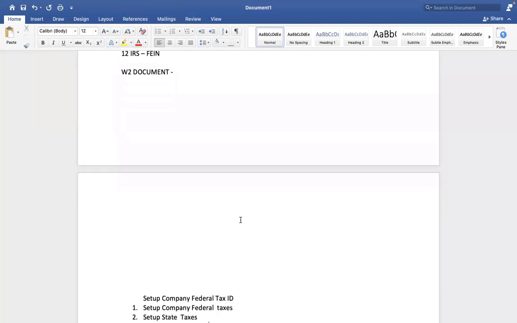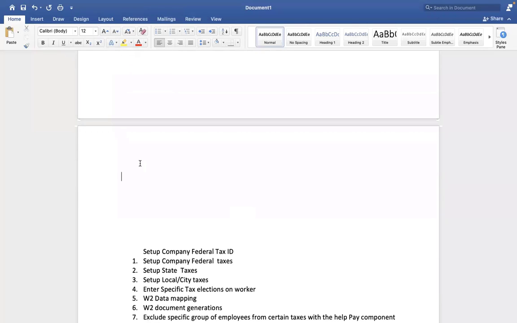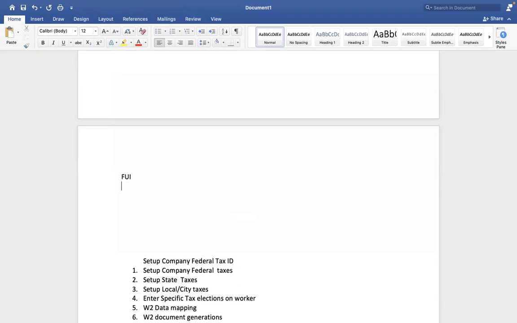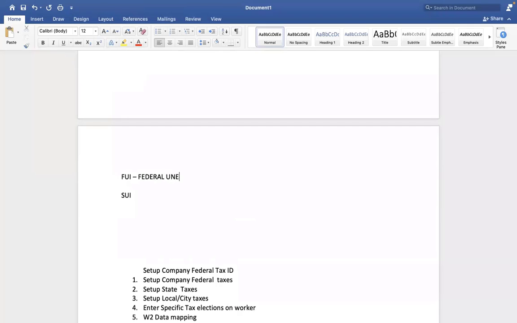What is federal unemployment insurance and state unemployment insurance? The employer pays it on behalf of a full-time employee, right, in case they become unemployed for any reason. Exactly. If you see in this pandemic, when Mr. President Donald Trump was president, the entire world was hit with this COVID, affected and impacted, right?